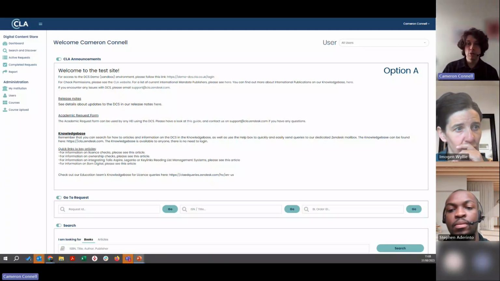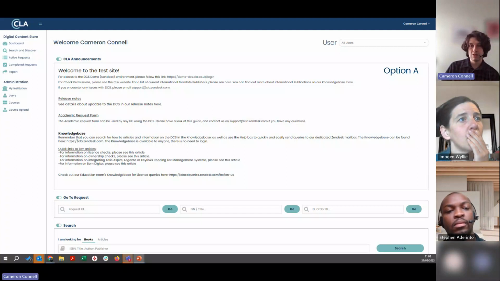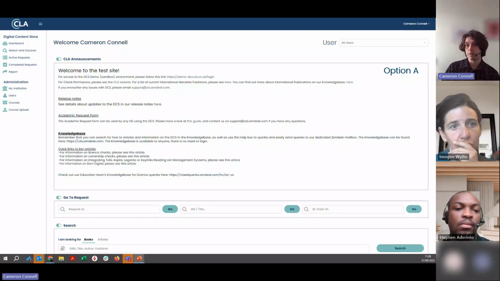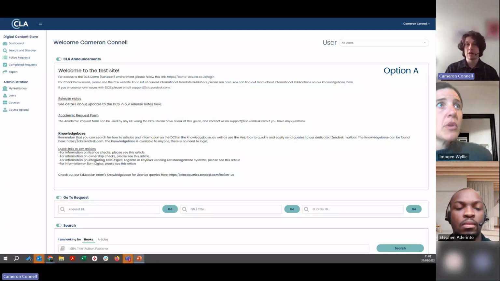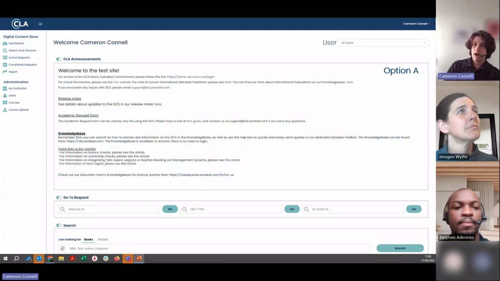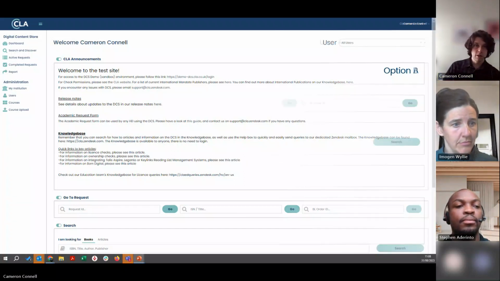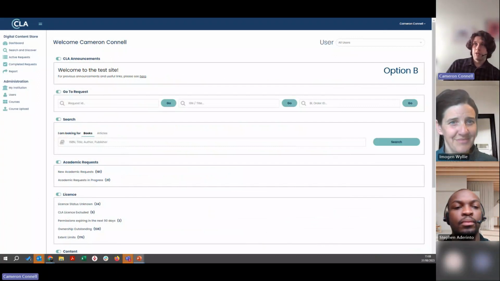But the question we wanted to ask you is whether or not you want this to be trimmed down even further. So this is what it looks like with the new branding at the moment. As you can see, nowhere near as text heavy as it was. We've gotten rid of some of the old announcements which are no longer relevant, for example, about the Advanced Student Reader and Born Digital. But we still have various different links on there that we think are useful. So we've got stuff to the knowledge base, we've got some stuff to different articles. But what we're wondering is, would you prefer this option, or let's go to option B, which is a bit more radical.